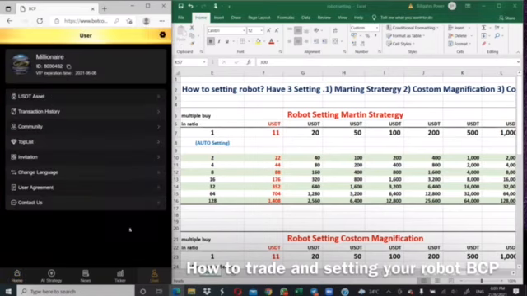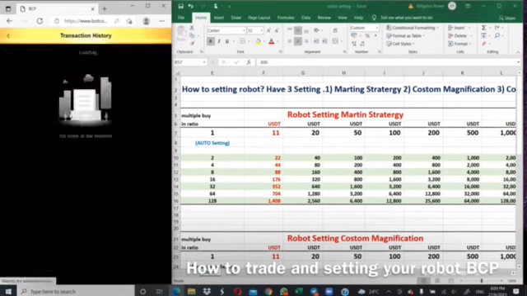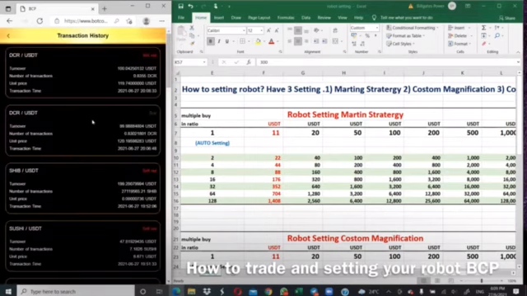Okay, and then also you can go to transaction history. You can see all transaction. Okay. This one automatic buy Shiba. Before this already buy DCR. This one I clear. This one in Huobi, this one in Binance. Okay. So buy sell automatic like this.